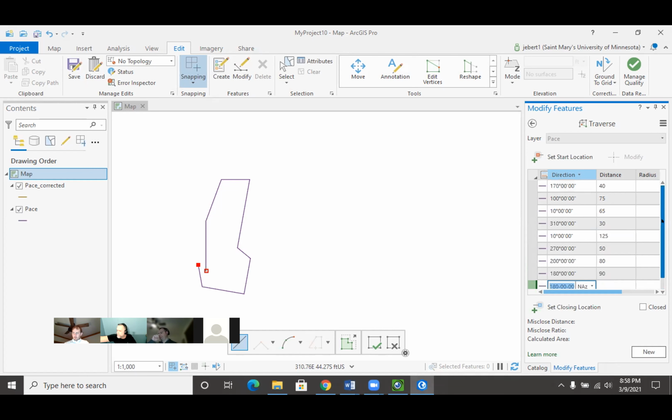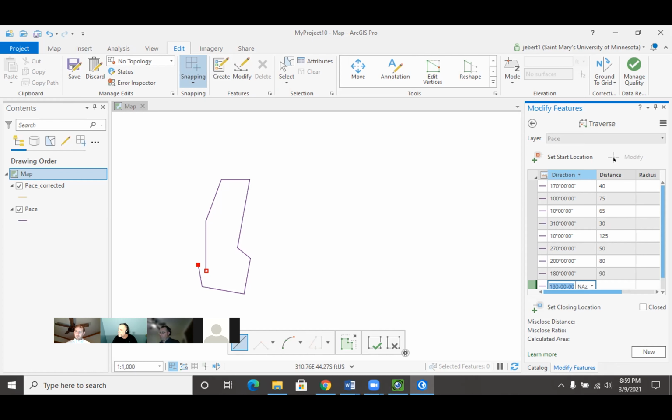But just to make sure everybody was able to get the correct angles, our Z column will be on the left there, and our azimuth, and then our distance and pace, or tape if you wanted it to be, but make believe here, this is our pace column over here, our distance. So I'll read those out in case anybody doesn't have a dual monitor, but our first one was